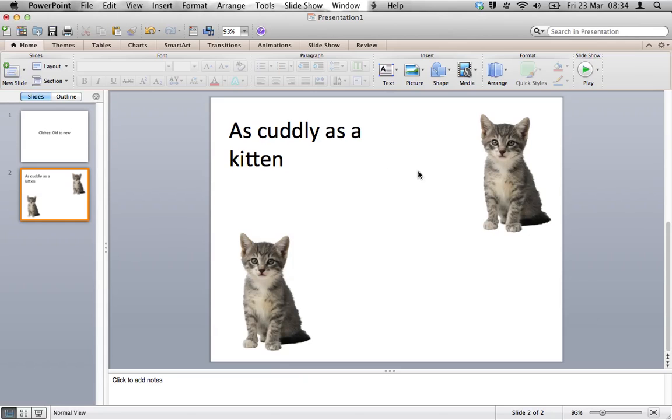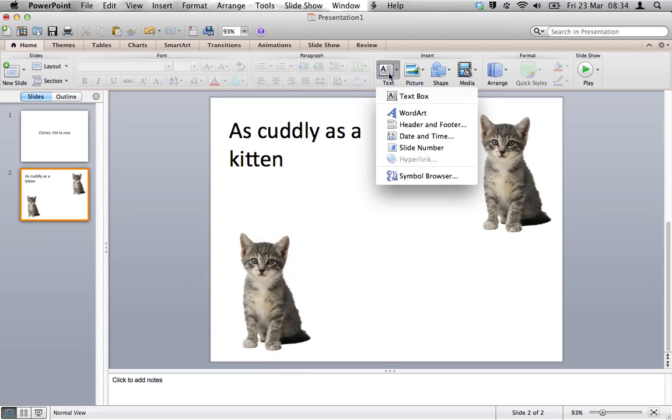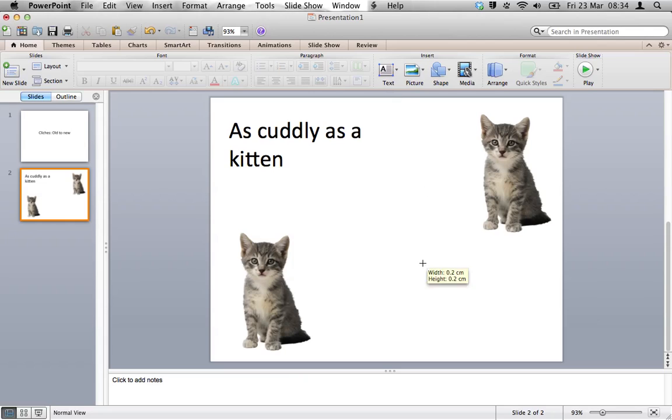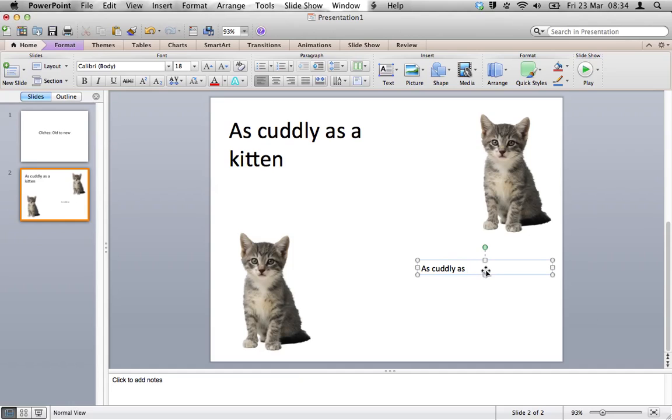That's nice and big. Now we're going to go down to the bottom corner and use a new text box. And in this one we're going to type our new cliche. So instead of as cuddly as a kitten, which is pretty bland, as we discussed yesterday, we're going to have whatever we came up with as a replacement. So as cuddly as the world's fluffiest pillow